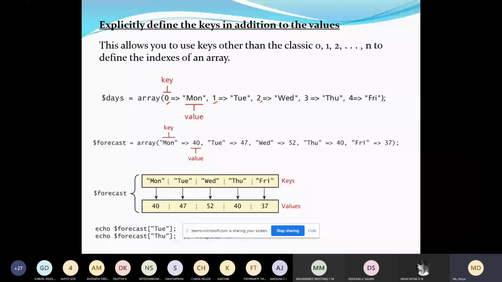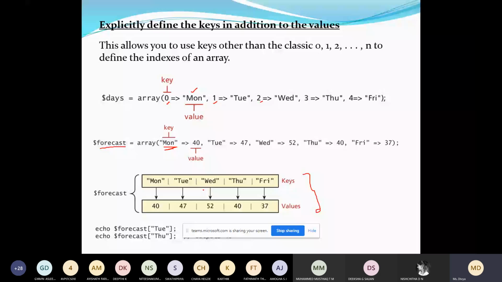And you can see this is one more array, forecast, and it is given string type keys. The index is not 0, 1, 2, 3, but instead the strings Monday, Tuesday, Wednesday. This is how your array looks. So keys are in the form of strings, and these are the values for the respective keys.